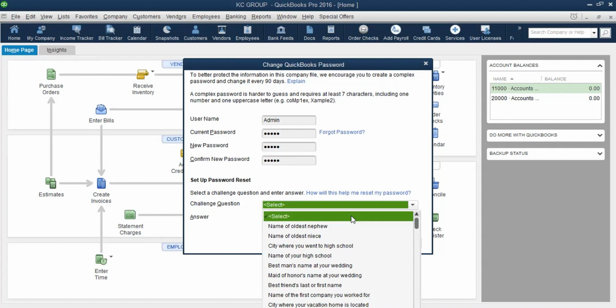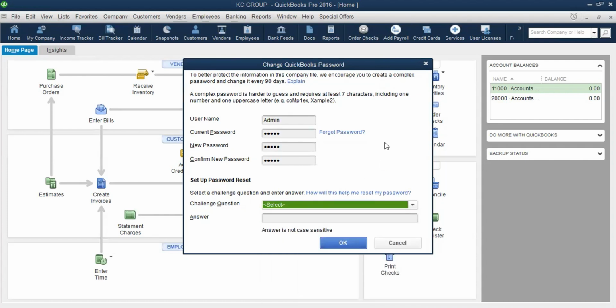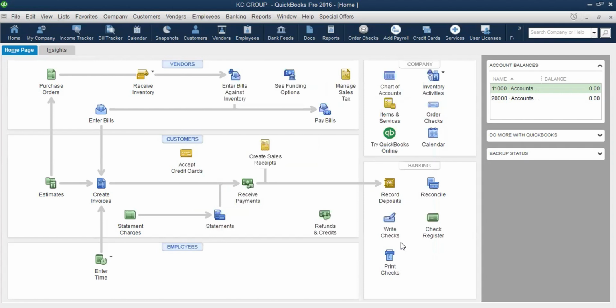You can select any if you want to change. But me just now, I never wanted to change, so I'm just going to click cancel and it goes away. But I just want to show you how we insert that information. You make sure that the new password you are changing is actually consistent with what you want to